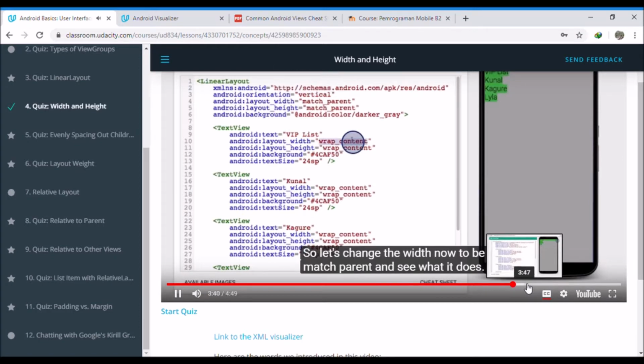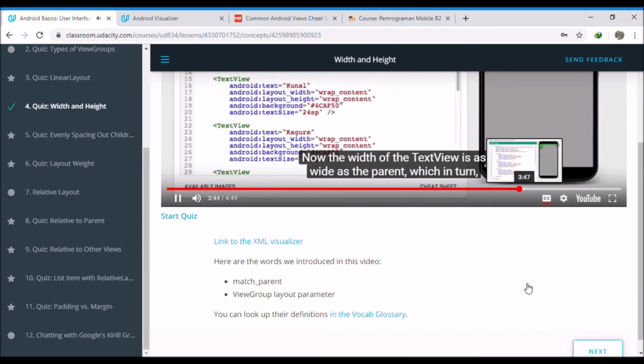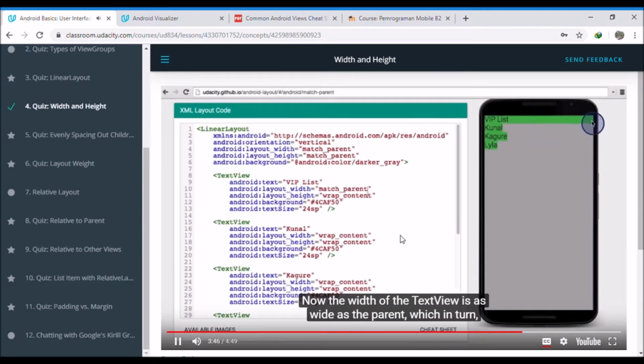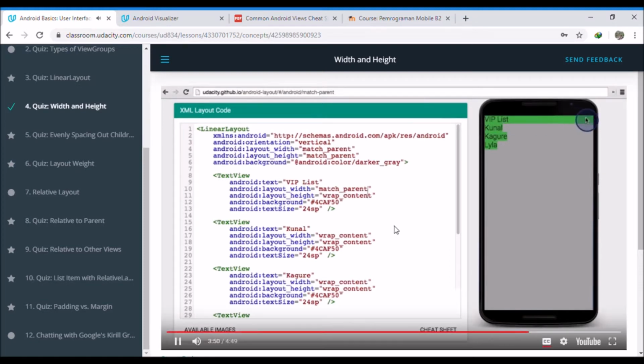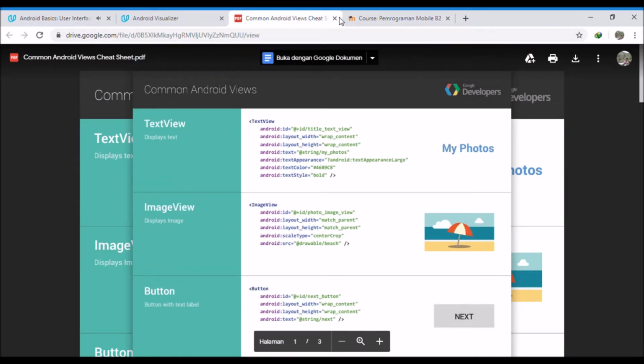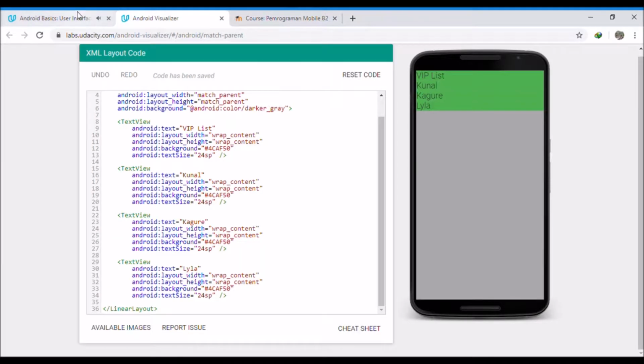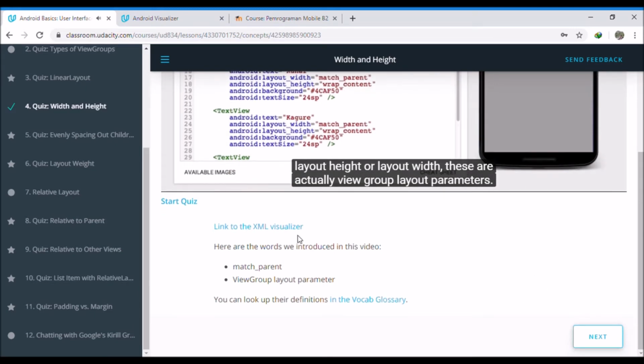Okay, so let's change the width now to be match parent and see what it does. Now the width of the text view is as wide as the parent, which in turn is as wide as the device screen. If I change the other text views to also be match parent, you can see that it also starts to take up the full width of the parent. I also want to point out one more thing. Every time you see an attribute that starts with layout underscore, like layout height or layout width, these are actually